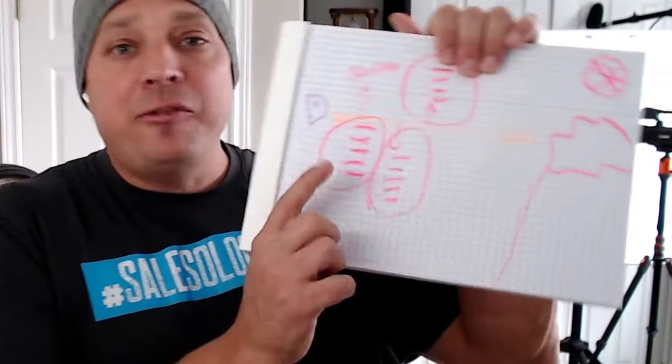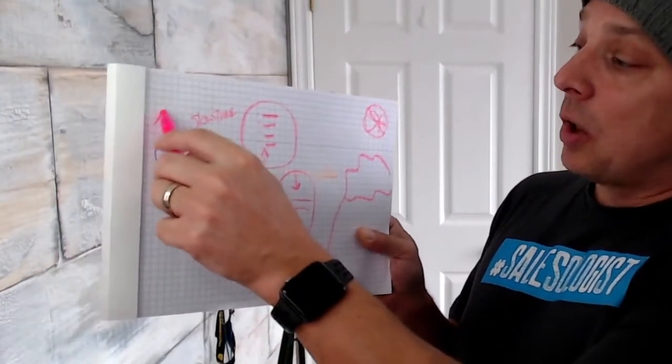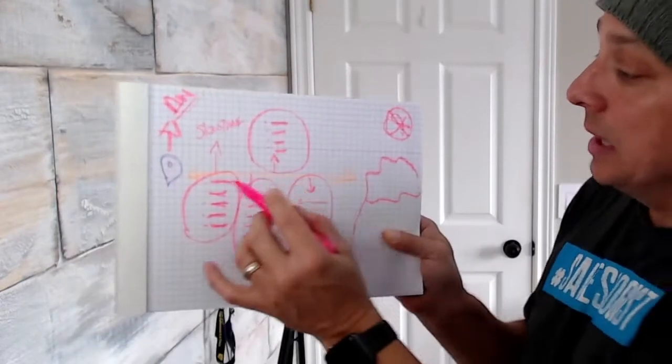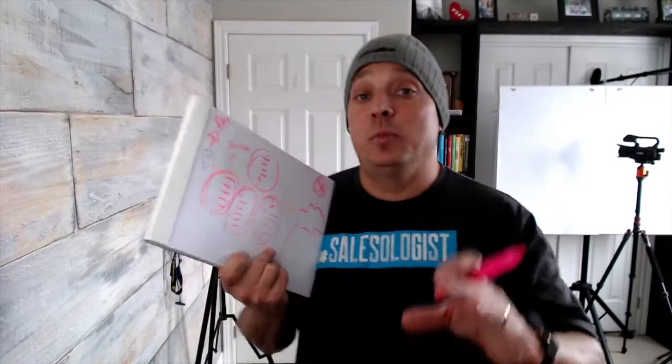So after I analyze, I'm going to pick 1, 2, 3 core areas. Okay, and I'm going to pick these 4 core areas. Your analysis all comes here, right? I'll just put A in for analysis. Your analysis comes here, and then each quarter we're going to tackle one of these, in the order in which we can build off of each other. So hypothetically, if you're going through the analysis and you're looking at streamlining costs,